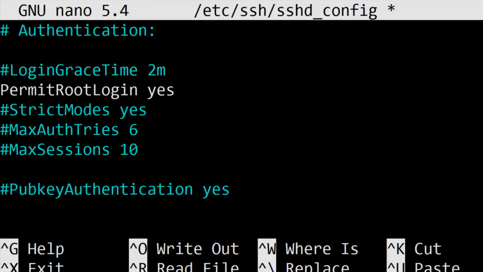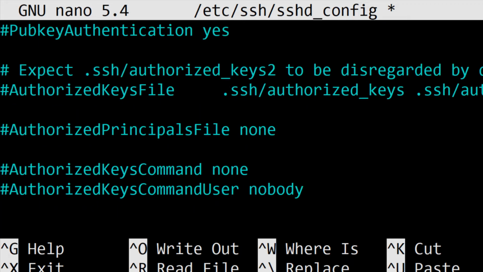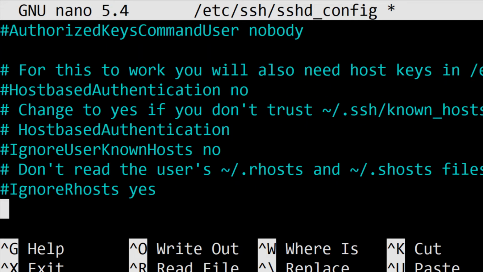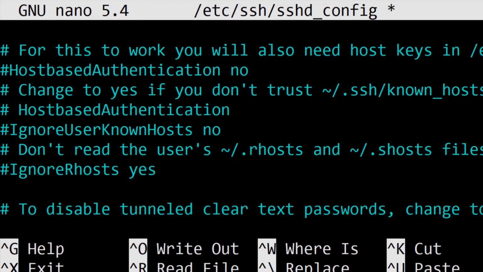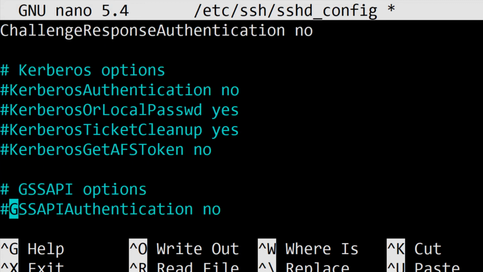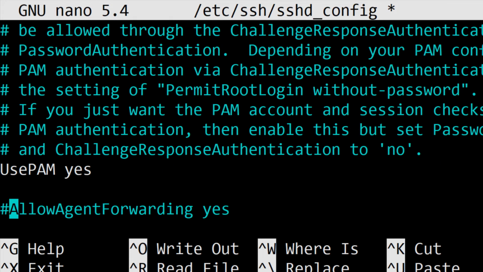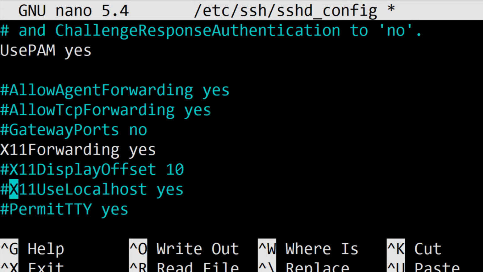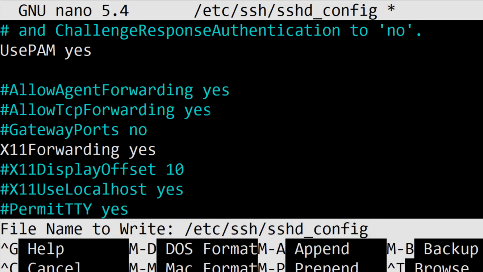So let me enable that line again, and let us see the setting for enabling the X11 forwarding. I will explain what X11 forwarding is in a moment. So here we must have the setting for enabling the X11 forwarding. Here also this setting might be disabled by default, so there will be a hash sign or pound sign preceding it. You just need to change that no to yes and delete that hash sign. And then you just go ahead and save this.